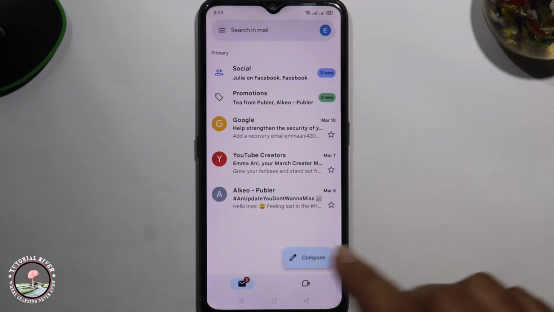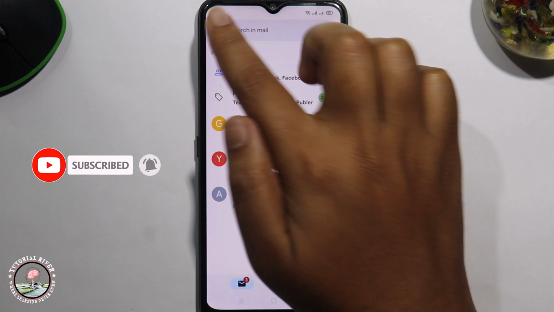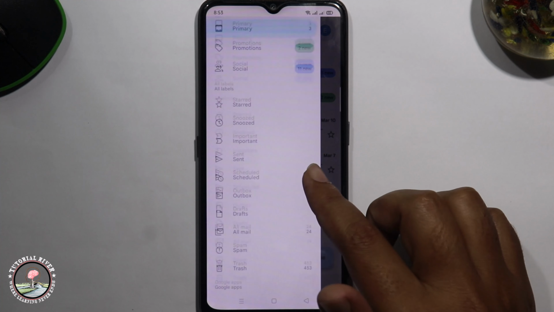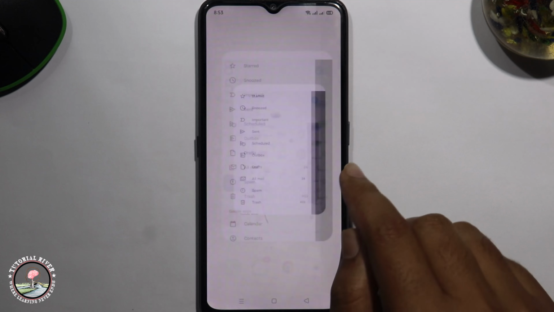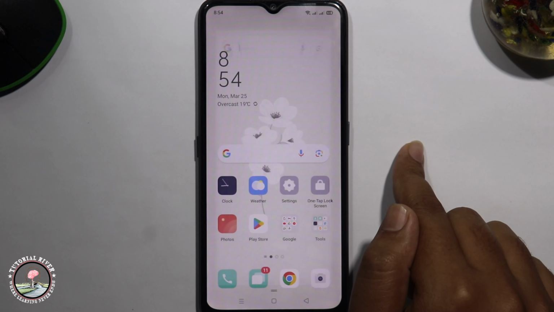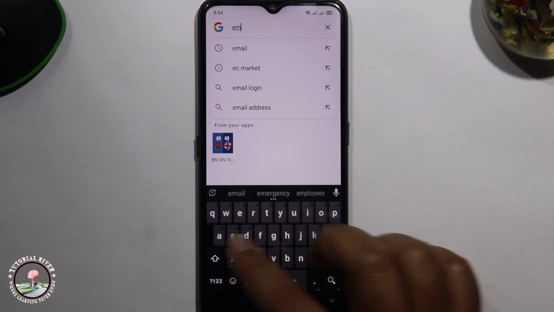So let's start. Look at the left corner, tap onto three line, but not showing here to this option. So go back, open Chrome search option, type here to email,